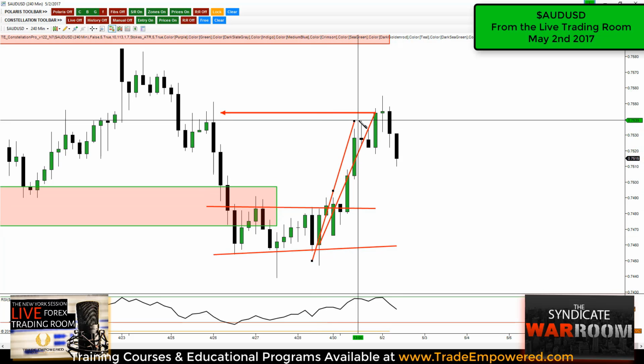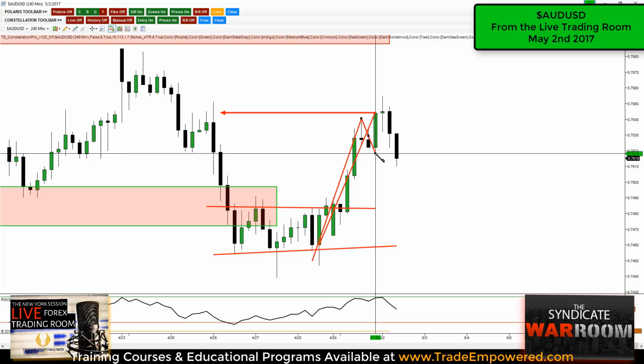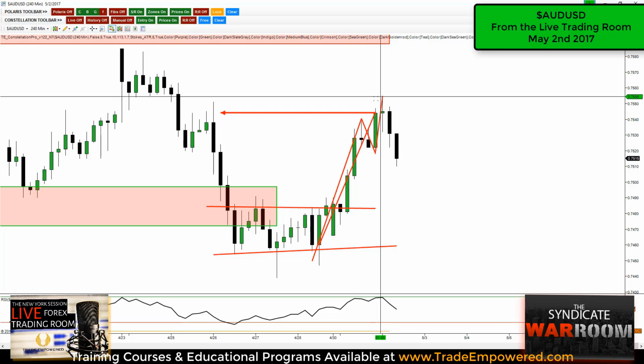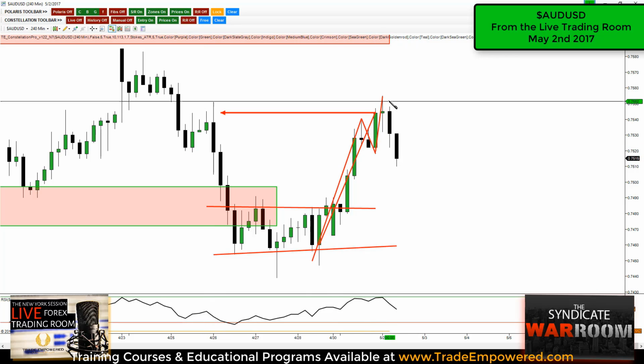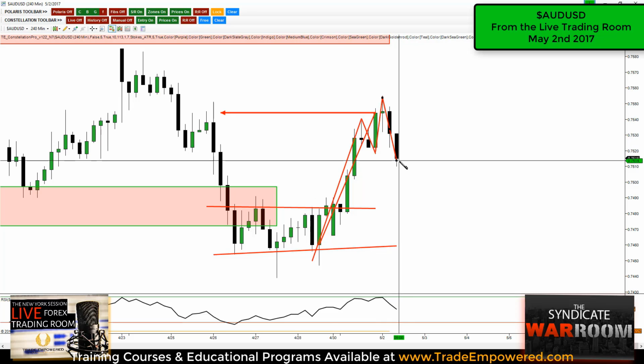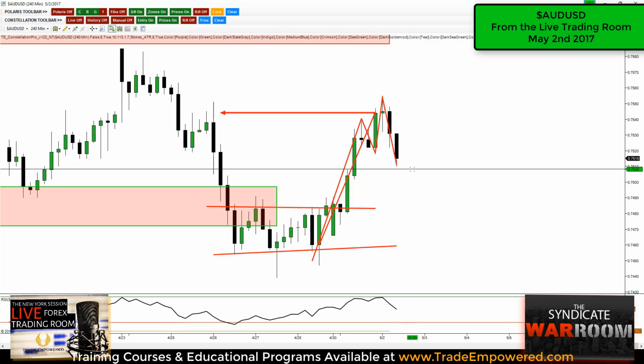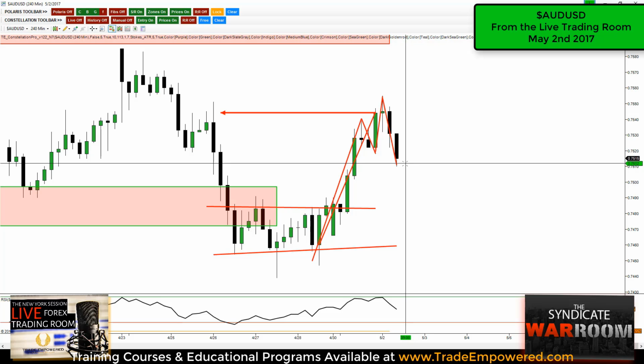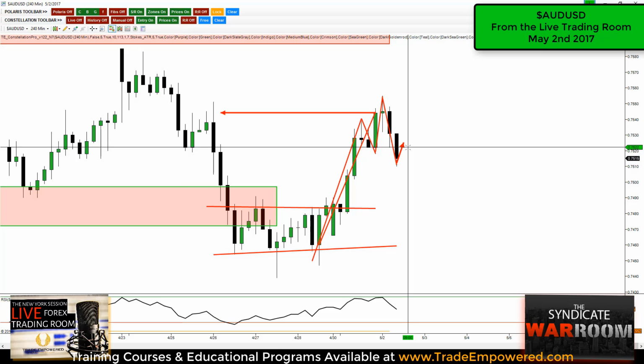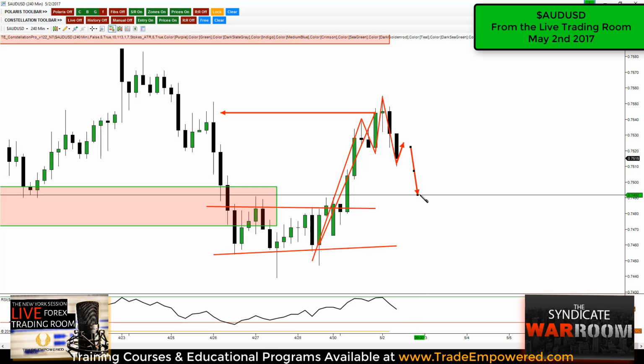It's hard to see on here, but we put in a little move like this, right? New structure high, outside return, new structure high, again, running into this minor structure level. This is going to be a lower low, lower close on a lower time frame. And the move that I would be looking for this morning is a retest of structure and a continuation back down to about this level right here,